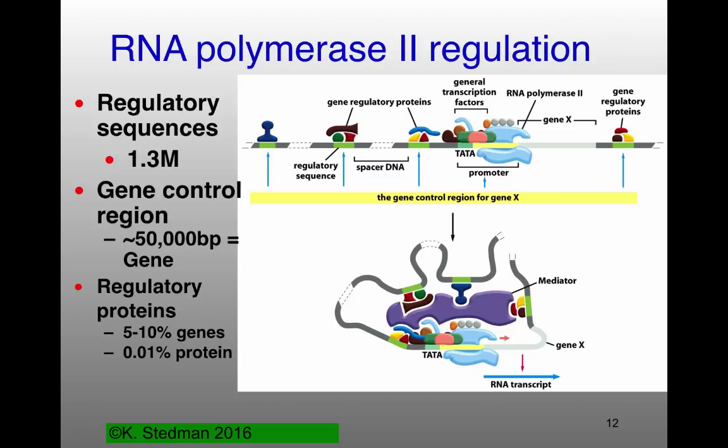Okay, why do we spend all this time talking about bacterial gene regulation? Bacteria are very important for disease. They're probably also really important for health in terms of our microbiome. But we really care about eukaryotic gene regulation because that's what all the rest of our cells are doing.